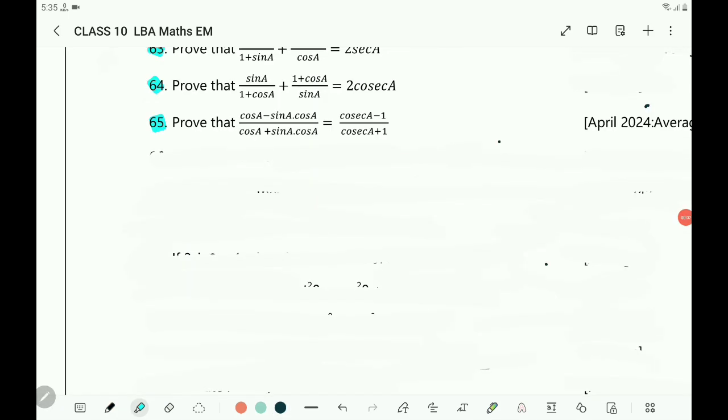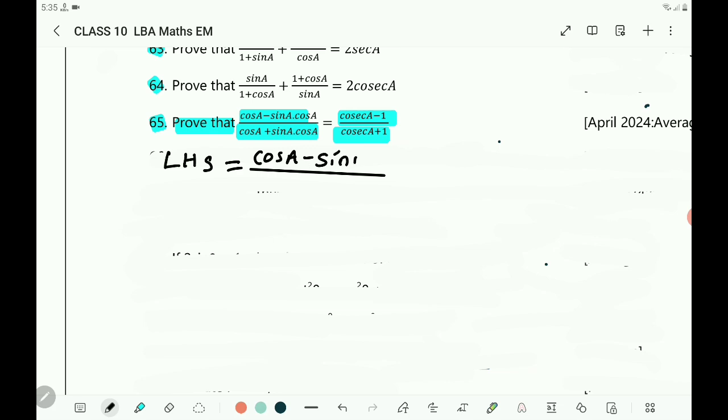Question number 65. Prove that (cos A minus sin A into cos A) by (cos A plus sin A into cos A) is equals to (cosec A minus 1) by (cosec A plus 1). Write the LHS. LHS equals (cos A minus sin A cos A) by (cos A plus sin A cos A) equals,